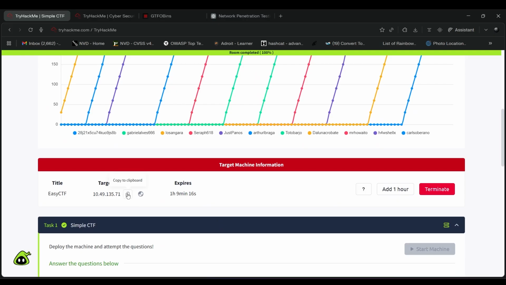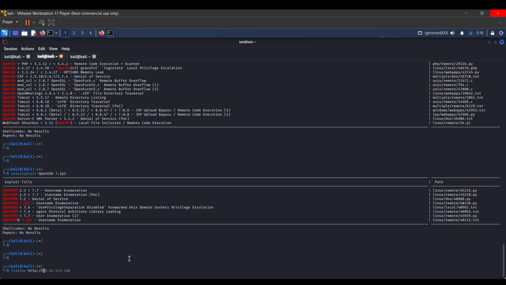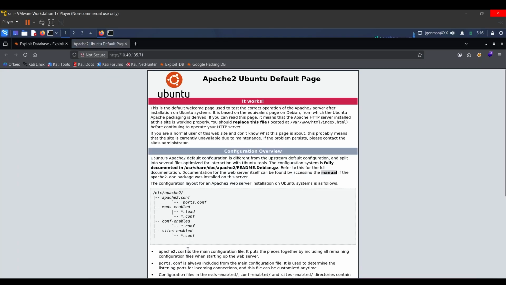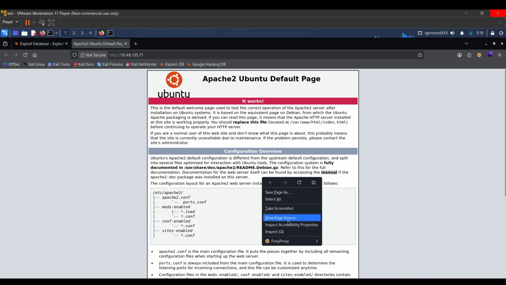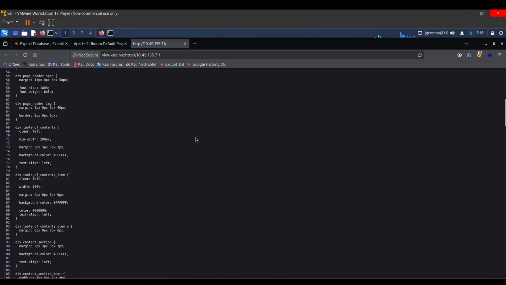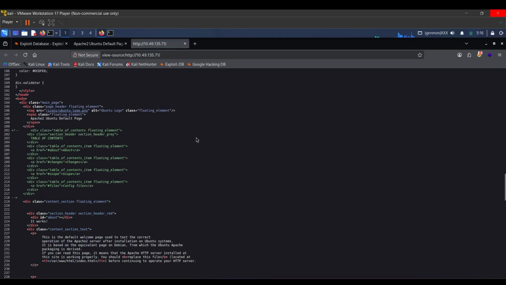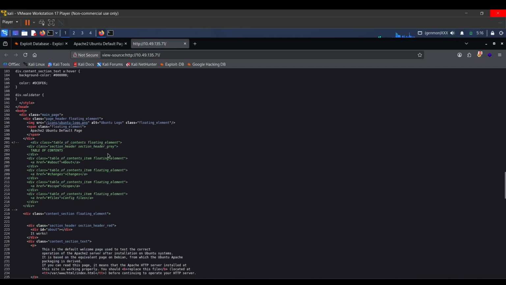IP address, copy IP address, paste it here, and this should open up. All right, it's an Ubuntu default page. So not really sure if we can look for anything, but yeah, mostly